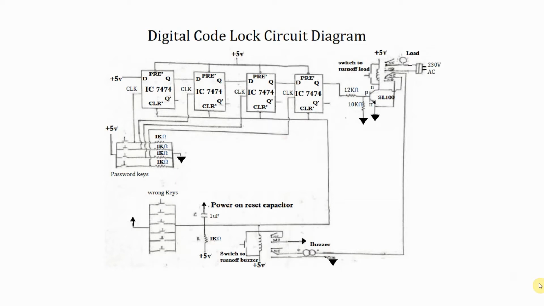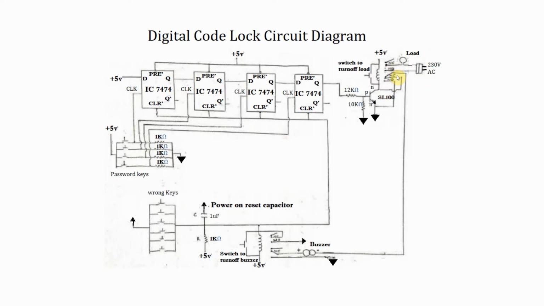The working is as follows. Whenever the user presses the password keys in correct sequence, the high voltage present at the input of the first flip-flop is transferred to the output of the fourth flip-flop. Here, an NPN transistor is used that is acting as a NOT gate. So, the voltage at this point becomes low, and also this NPN transistor is acting as an amplifier. That is because the output current of a flip-flop is around 20 milliampere, but the current required to drive a relay is around 66 milliampere. So, the current is amplified and the relay is activated. That switches on the load.